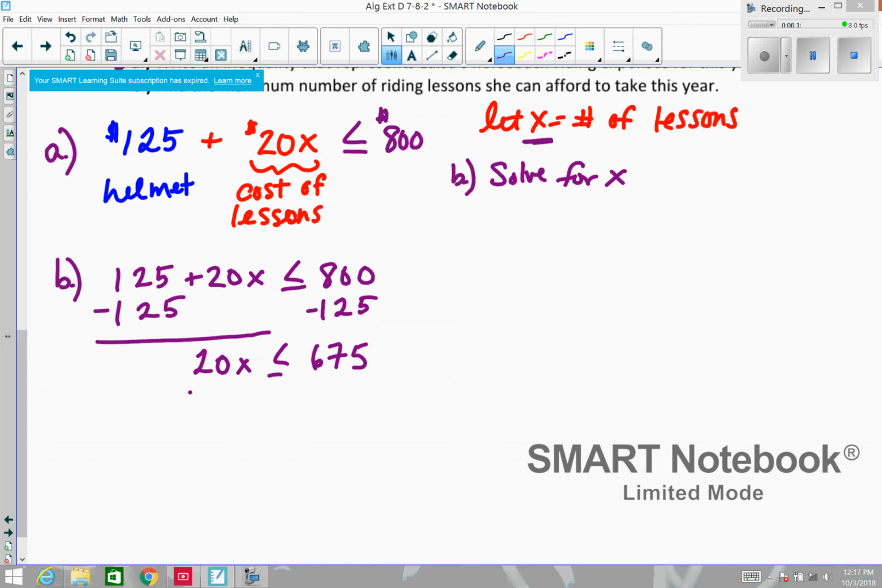And then we will need to divide. Now be careful because we are dividing now, so we need to pay attention. If our dividing is by a negative, we will need to flip our inequality. Since we're dividing by a positive 20, we do not need to flip our inequality, and we get x is less than or equal to